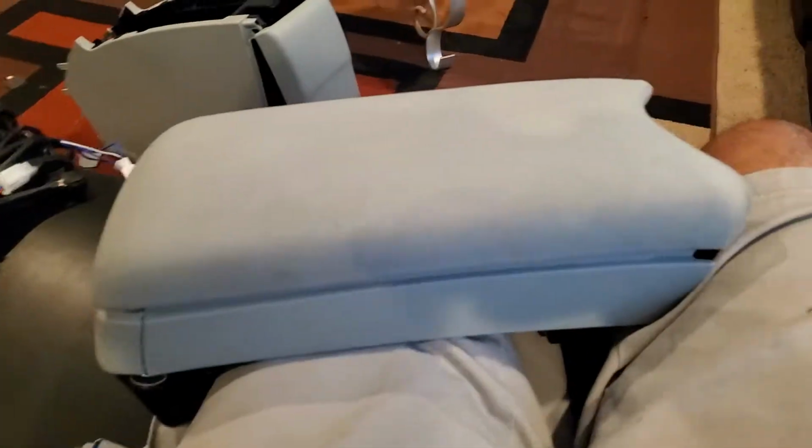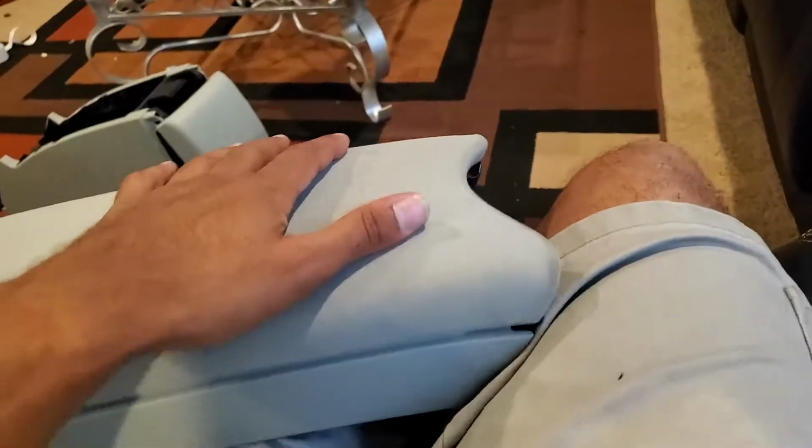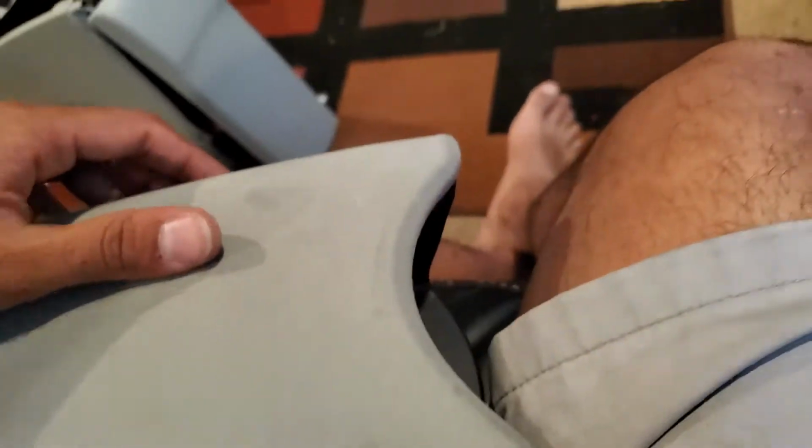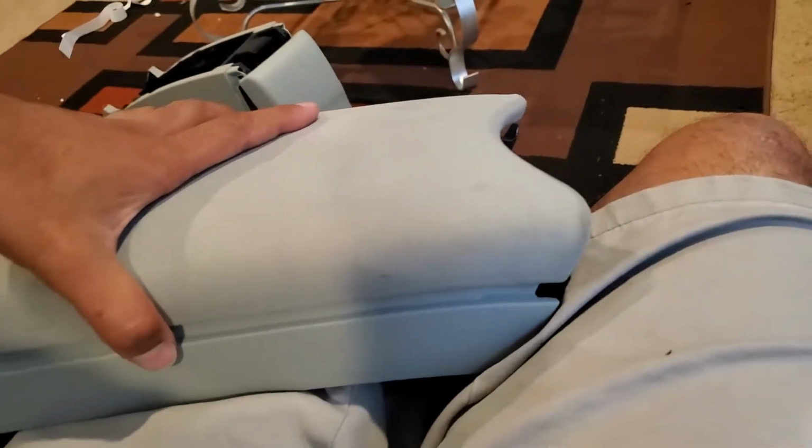So I spent about an hour looking for a video that would show me how to change the cover of this to a leather cover, because I'm changing the whole interior, but I wanted to change this as well. So I didn't really find a video, but what I did realize is that after playing around a little bit,